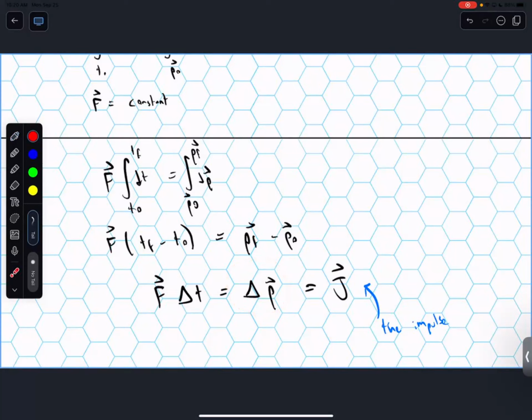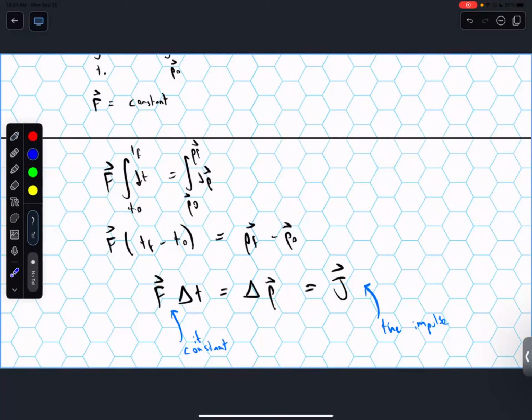They're just different ways of describing the same thing, which is I had some mv, I have some different mv. How much did that vector change? Okay, and I'll just flag this, that this is under the assumption that F is a constant. Because I use that in order to get this F outside the integral, allowing me to solve that. Okay, so this is a useful formula to have because this is going to come in handy